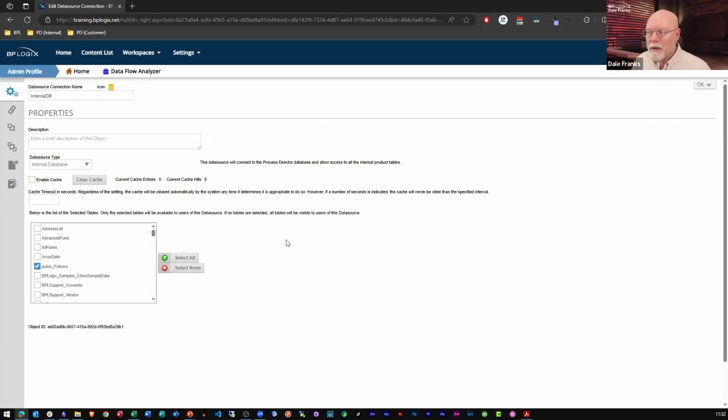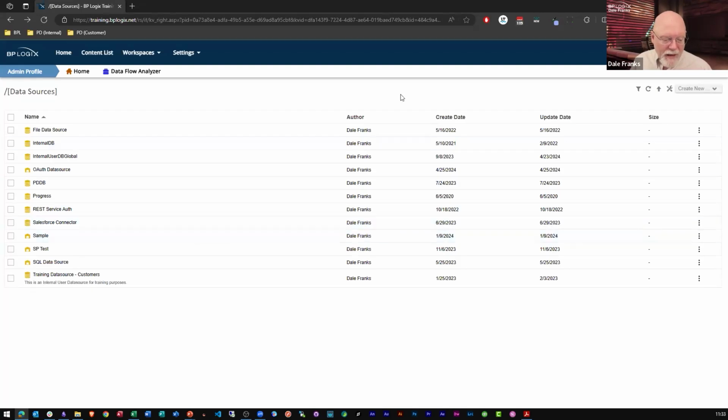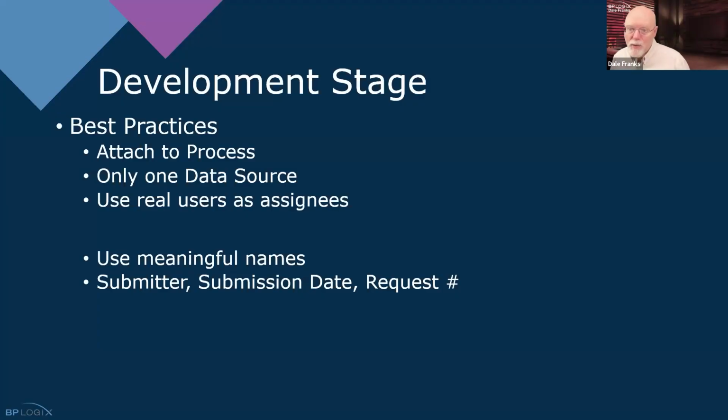So there is an argument to be made that even though we should generally use one and only one data source per database connection, for security or privacy reasons, again, HIPAA, FERPA, things like that, you may need to have multiple data sources, some of which have different data segregated into different data sources. So that is an exception to the one data source per database connection. But beyond those specific security concerns, that is the best practice.